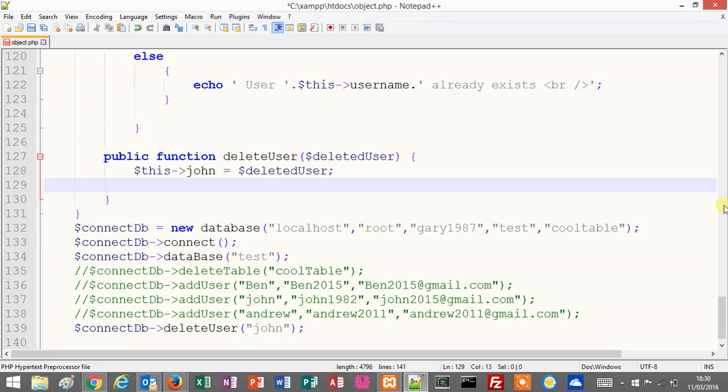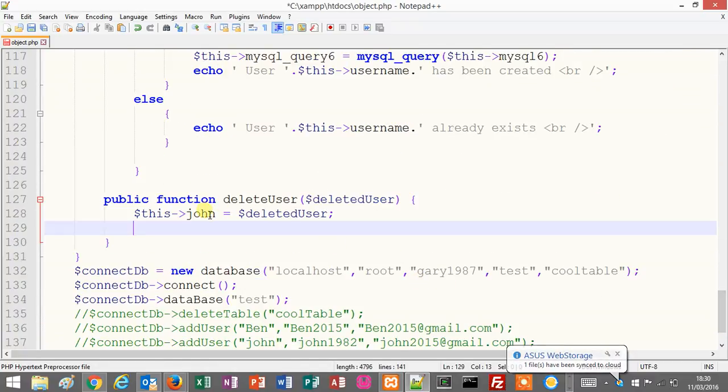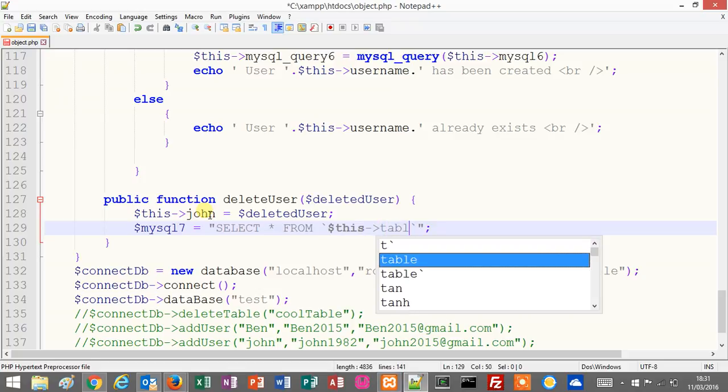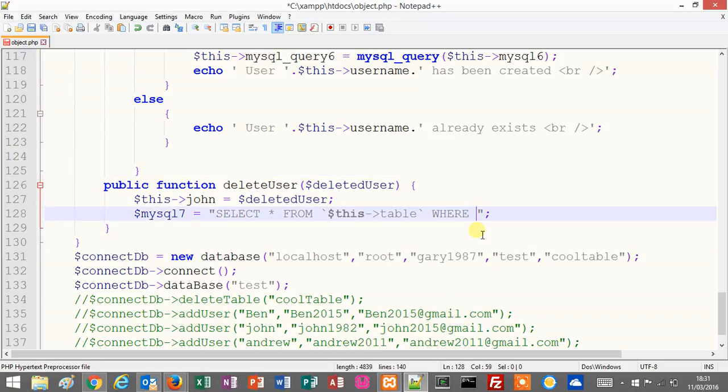I think we're up to SQL query 7 now. We can say MySQL 7 equals select everything from this table where